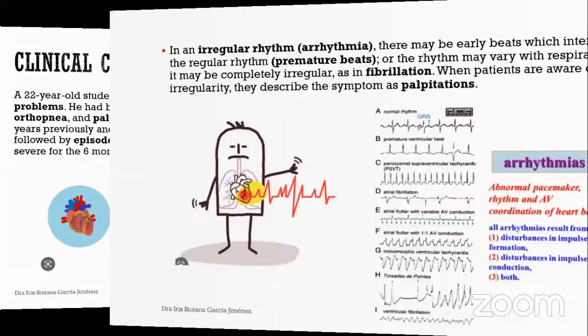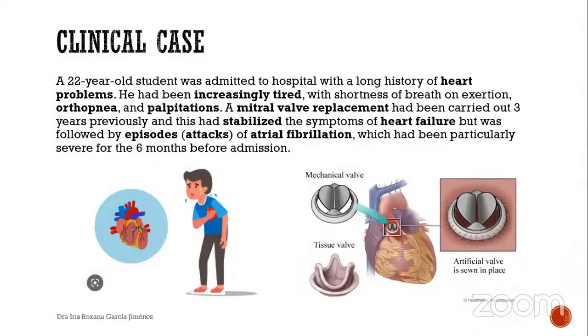This is a clinical case, the first one. And we have this situation. A 22-year-old student with a long history of heart problems. He had been increasingly tired with shortness of breath on exertion, so orthopnea and palpitations. A mitral valve replacement had been carried out 3 years previously, and this had stabilized the symptoms of heart failure, but was followed by episodes, by attacks